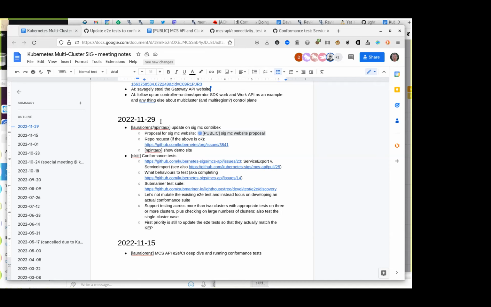That's just kind of my gut, but I'm happy to proceed however. But I think the goal, and anyone please chime in if your understanding is different, of the EDE test that we wanted in the KEP was to basically test that an implementation implemented MCS.